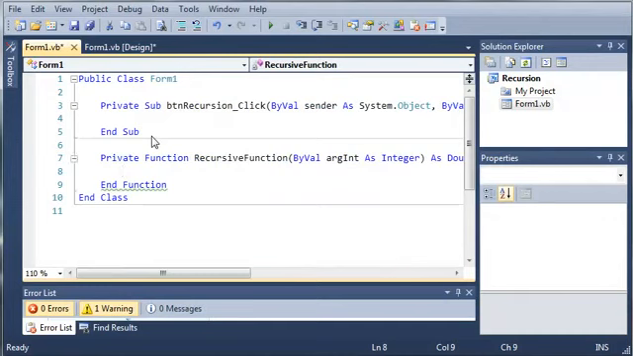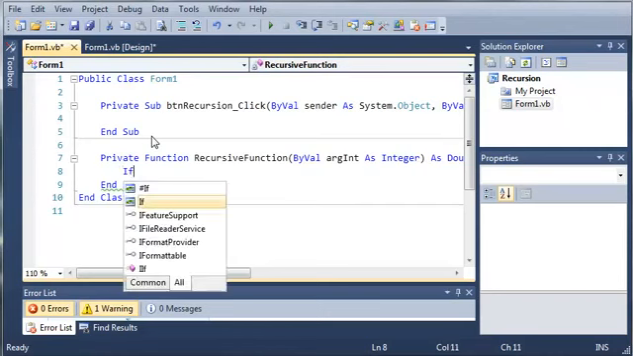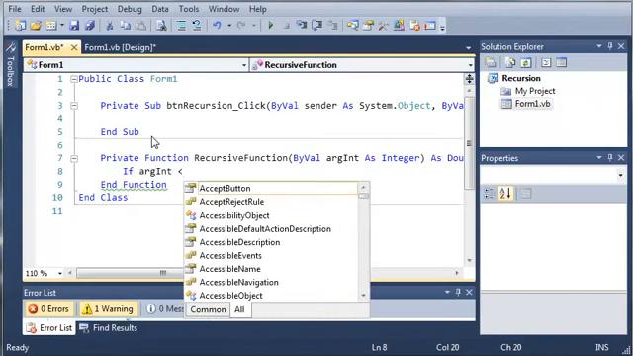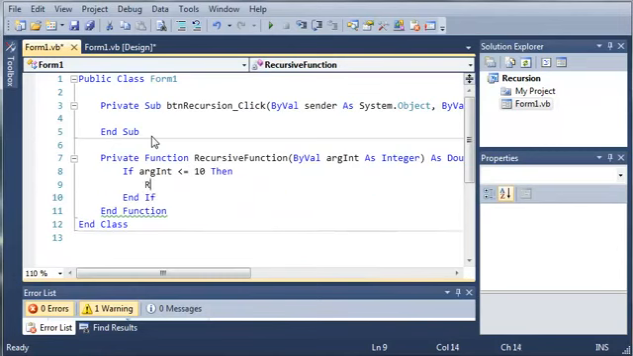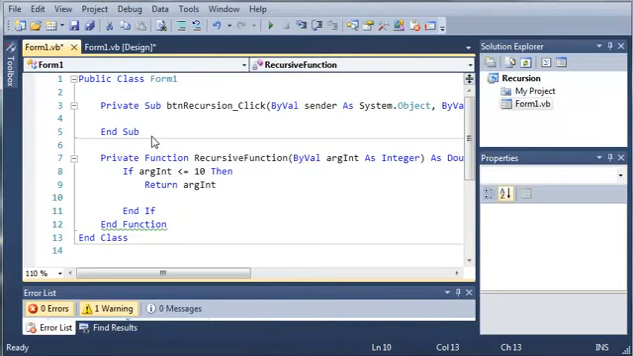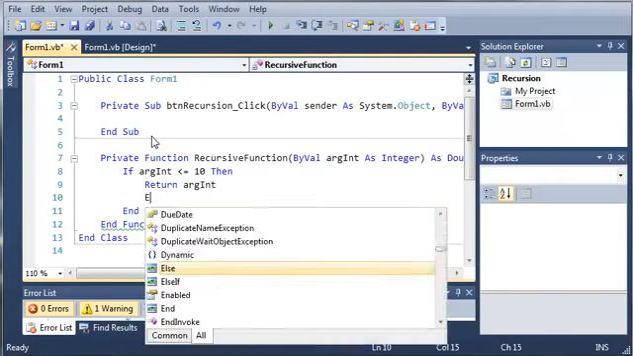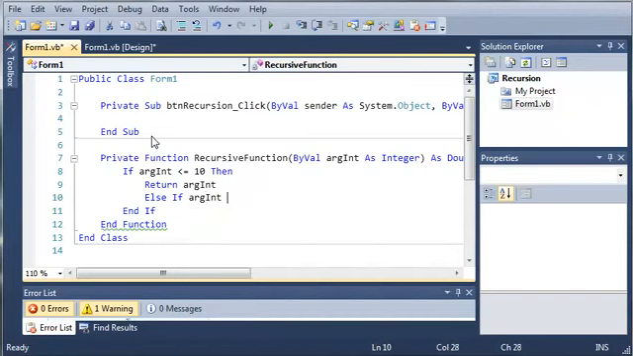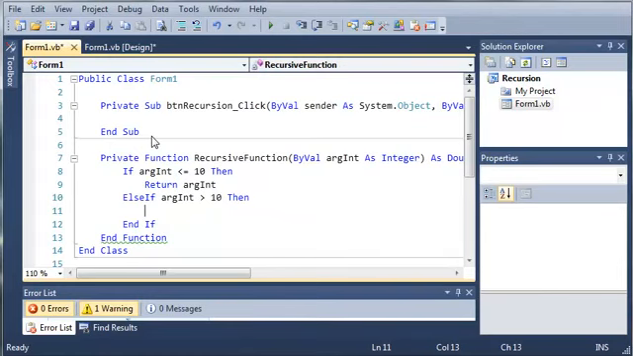So now let's go ahead and create an if statement. So if argint is less than or equal to 10, then let's go ahead and return argint. Now else if argint is greater than 10, then let's go ahead and call this function again. So we will return